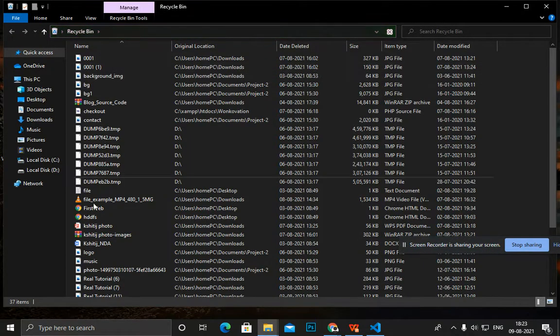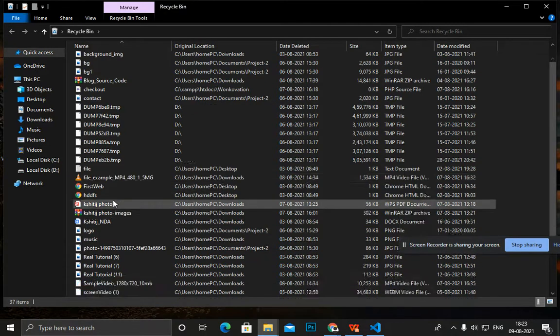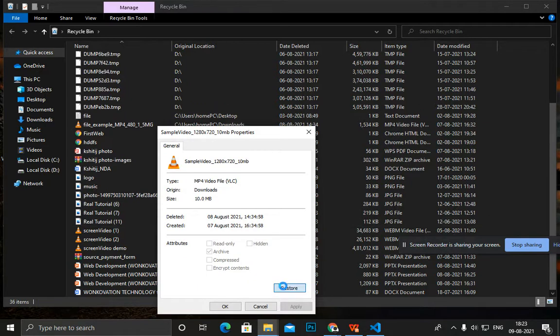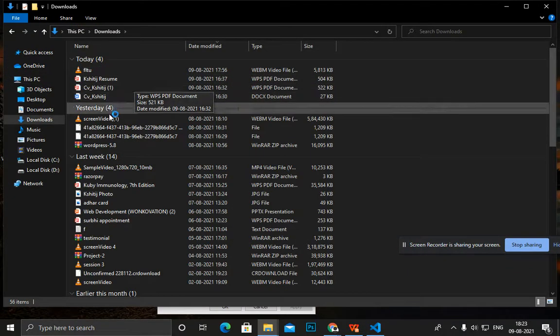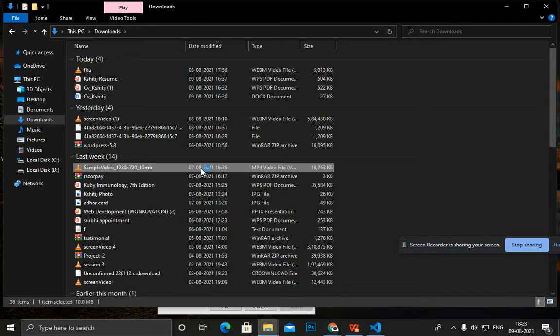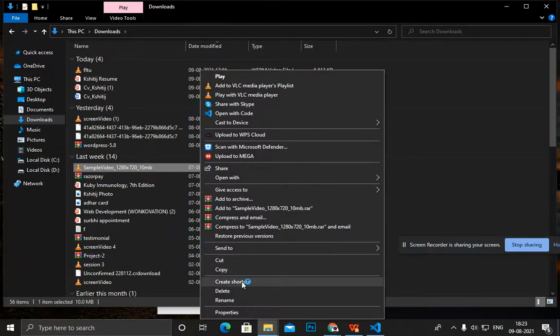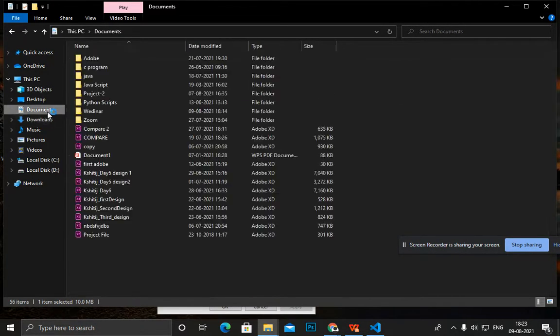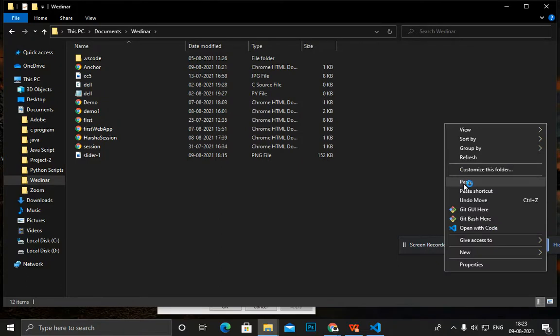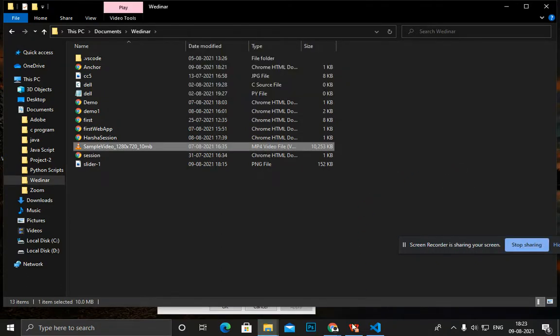So guys, you have understood this. Just a minute. Here you see this is an mp4 and this is also an mp4, and I just restore this. So here you see the mp4 is placed on my PC. If you have any query regarding these three tags, you can ask me. I just copy this and place this video in this folder so that we can check it.